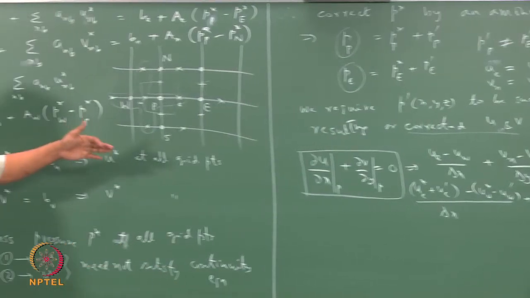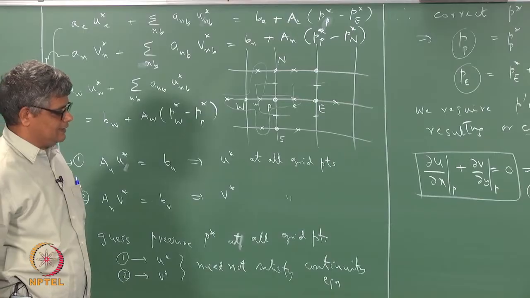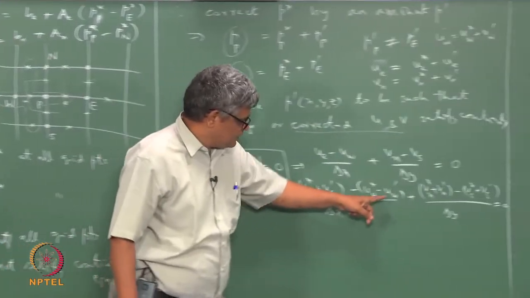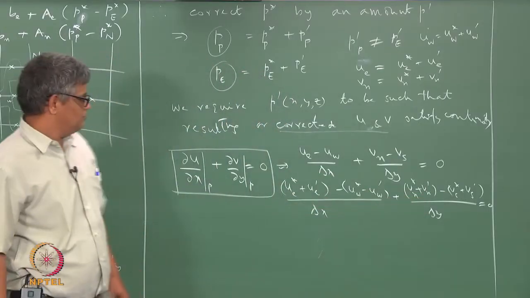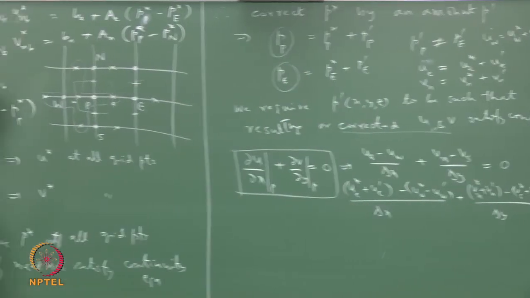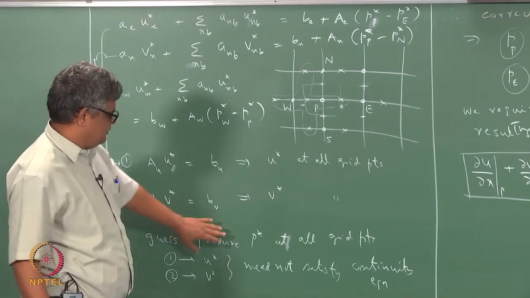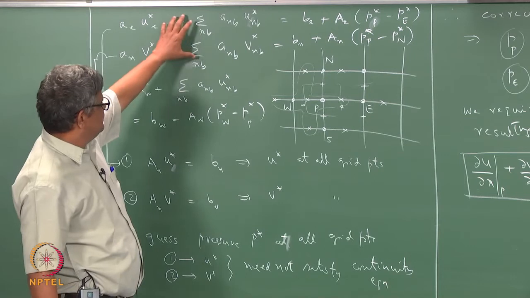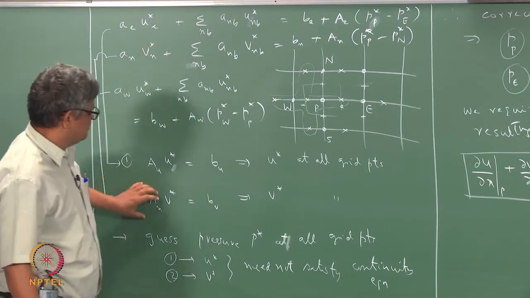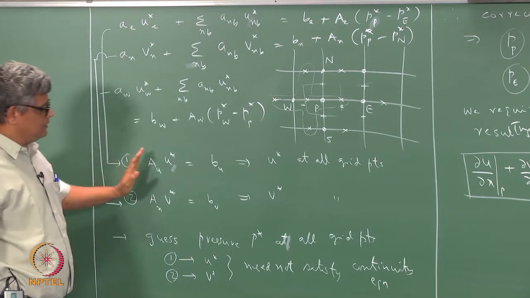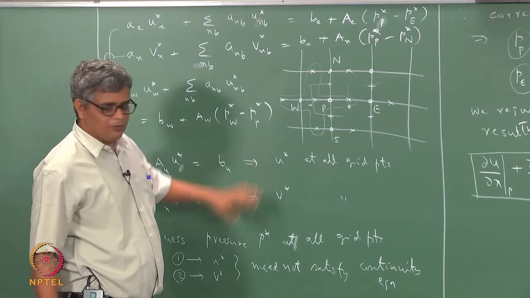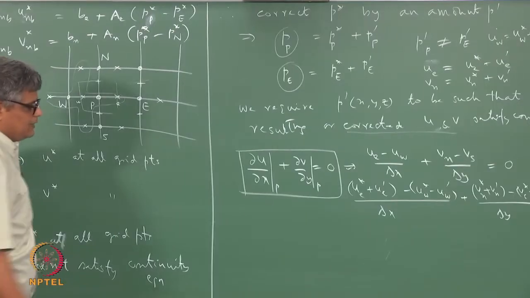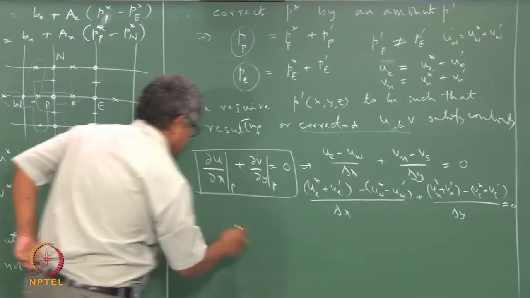Okay, so the continuity equation tells us that this is the case, and in this equation all the starred quantities here are already known, because we started with guessed pressure values, P star, and then we have the discretized x momentum and y momentum equations. We have solved these to get u star and v star at every point. So all the quantities that are starred here are known, and we can take them to the right hand side and write this as